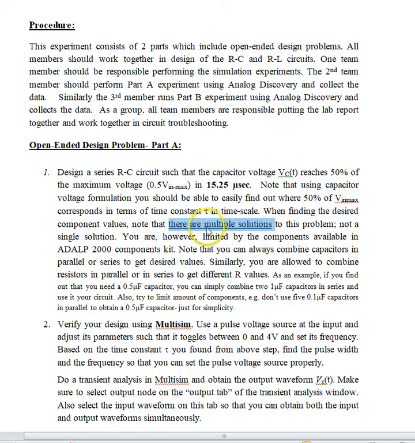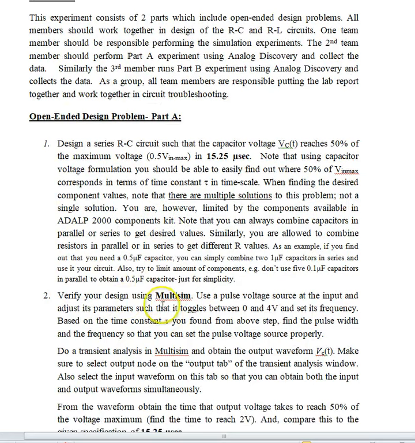So maybe one team is using 0.5 microfarad, another one using maybe 1 microfarad, and then based on that the resistances would be different. But try to find values that are available in your component box, so your limitation is the values available in your components kit. Then once you design, you need to verify your design using Multisim,